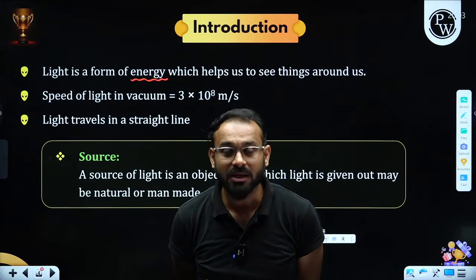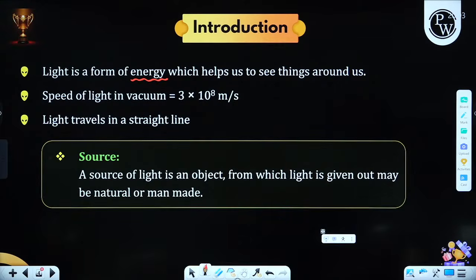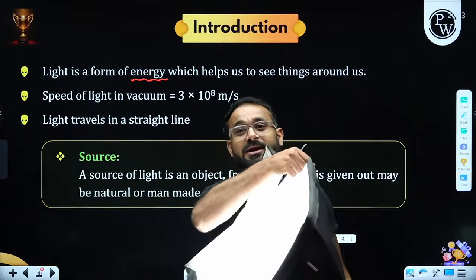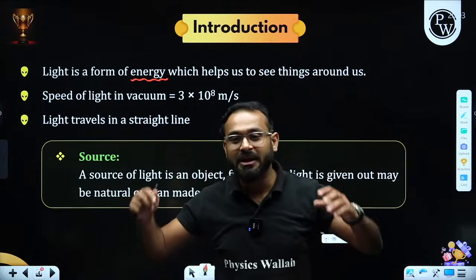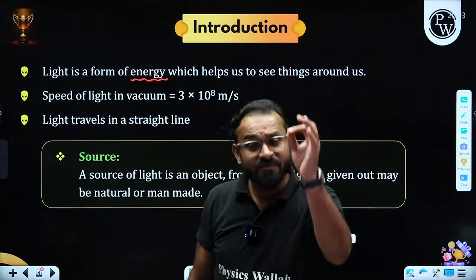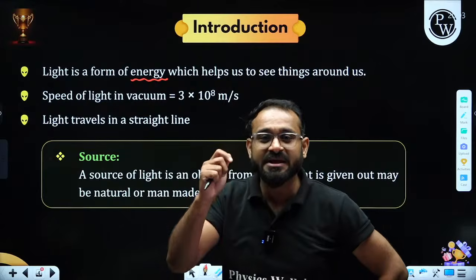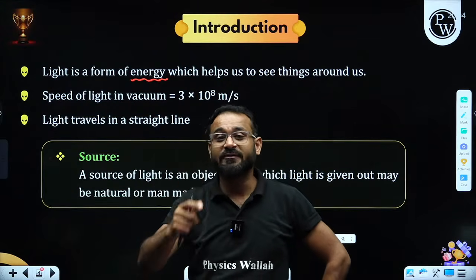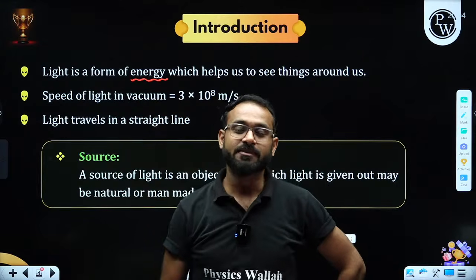Right. So you won't be able to see me. But the thing is, I am having something over here. You can see there is a light which is placed over here. The reason is that you would be able to see me in a very good manner. That is why the light is useful. So light is a form of energy which gives us the sensation of vision, and through which we are able to see things around us. Okay, sir.